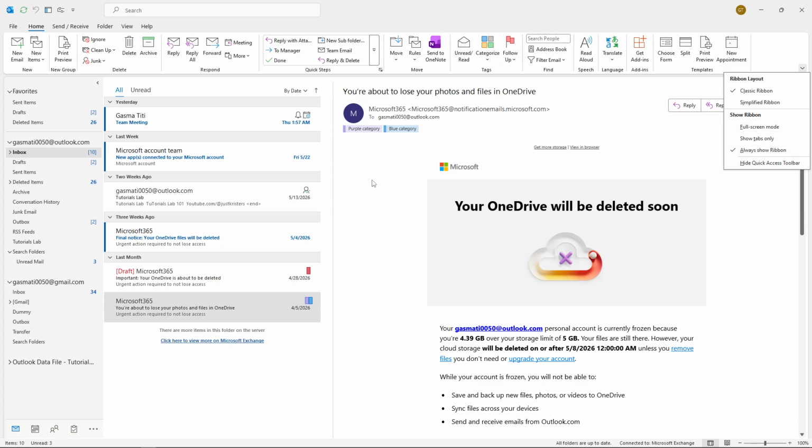With this setting enabled, you won't have to worry about your ribbon collapsing or hiding anymore. It will stay pinned and visible, making your workflow much smoother and more efficient when composing emails, organizing your inbox, or using any of Outlook's features. And there you go, you've successfully pinned your ribbon in